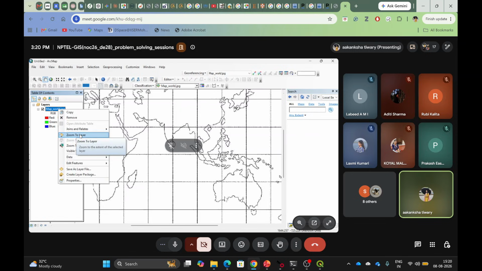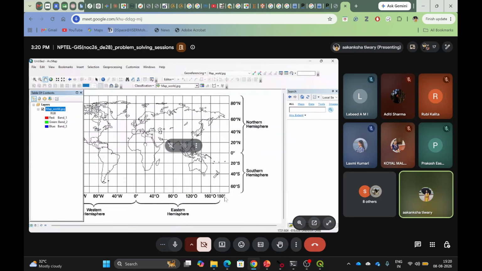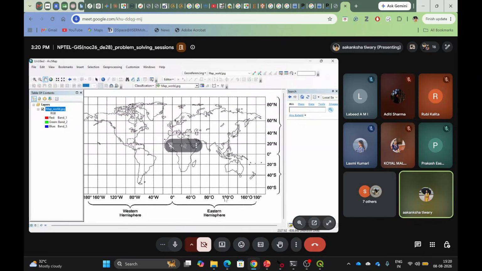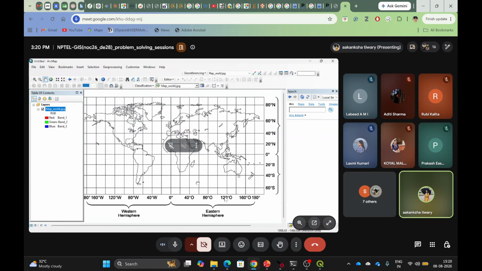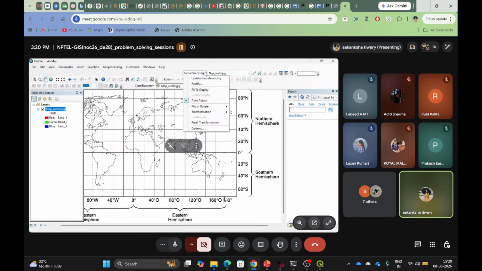Now you can zoom to the layer, and then we know the coordinates because we have grids in the map. Okay, so now if you see here, from here you can select which file you want to georeference. Right now we only have this one particular layer or JPG file in the layers, right? So we can only georeference this particular layer, okay? Now what we will do is fit to display and then